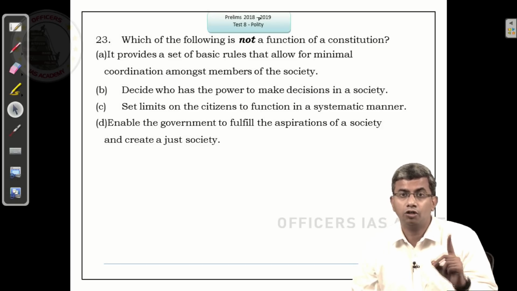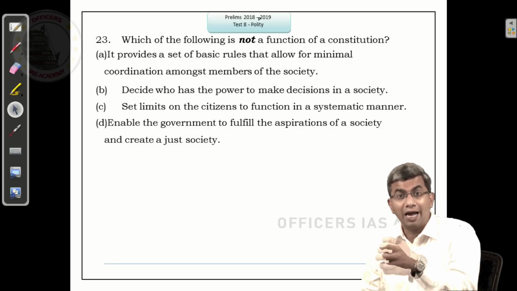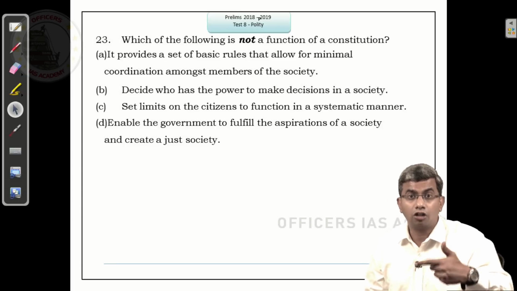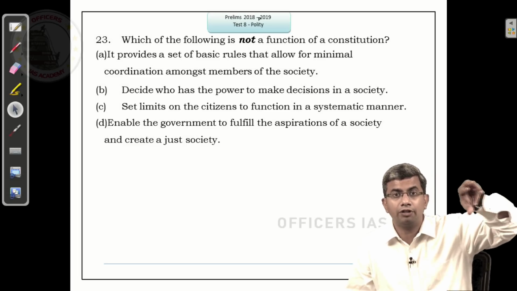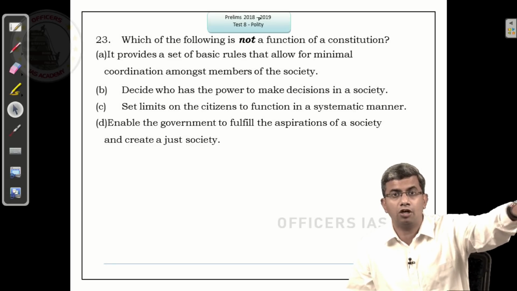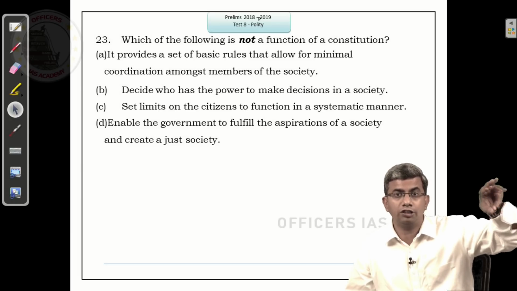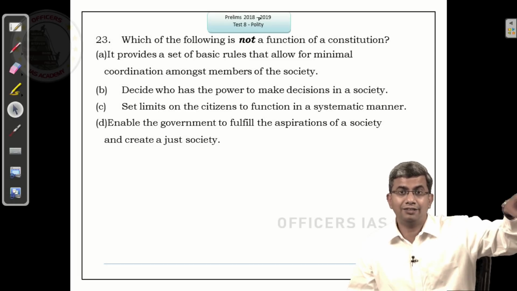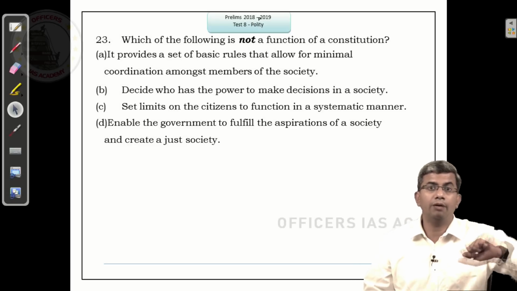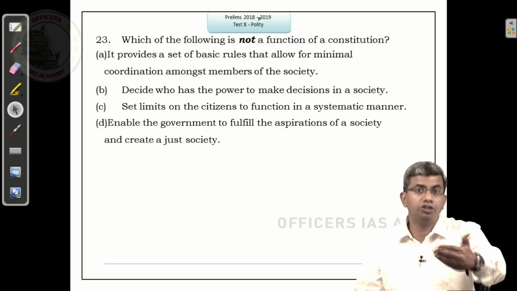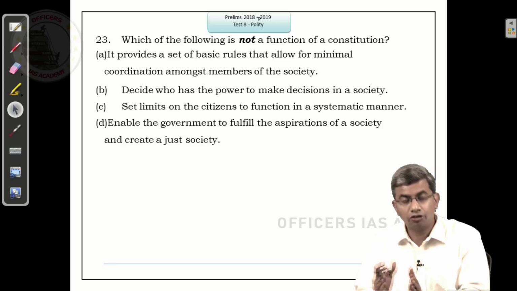It does not set limits on, of course there are reasonable restrictions which are placed on even the liberties that the citizens enjoy. But primarily, because it gives authority or power to make decisions to a set of people, because it gives the executive authority to a council of ministers headed by the Prime Minister or the Chief Minister, because it gives legislative powers to the Parliament or the state legislatures, it is the government which needs to be controlled, and that is what the Constitution does by providing fundamental rights. Through the basic features, judicial review is a basic structure. All these are limits on the government. So it sets the limits on the government.